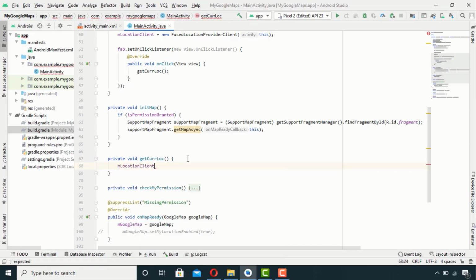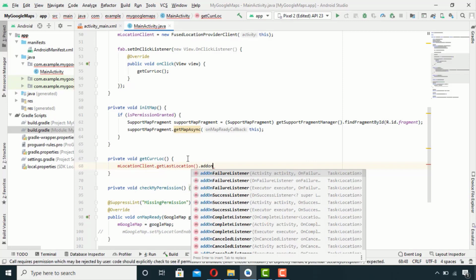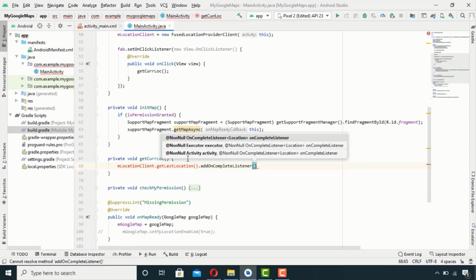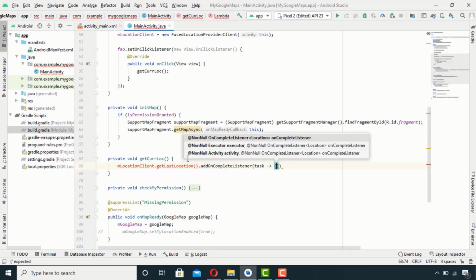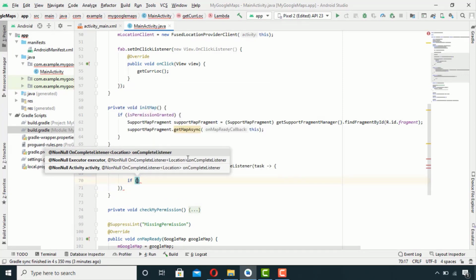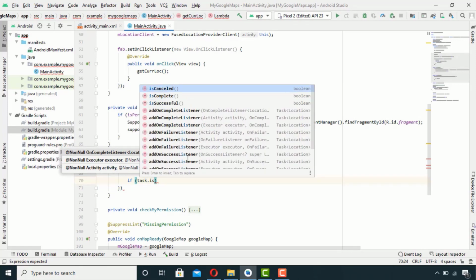Now I will add the OnCompleteListener interface on my fused location object. And if the task is successful, then I will get the latitude and longitude of my location.